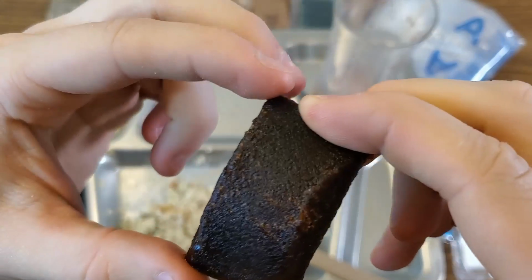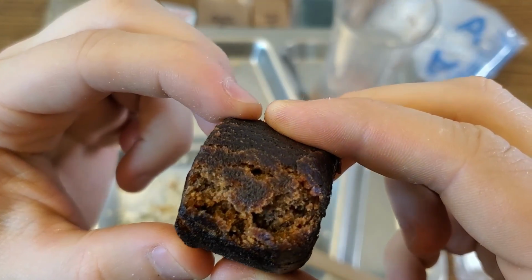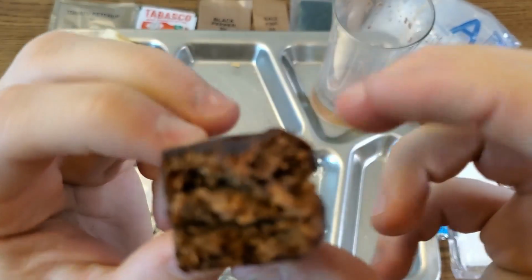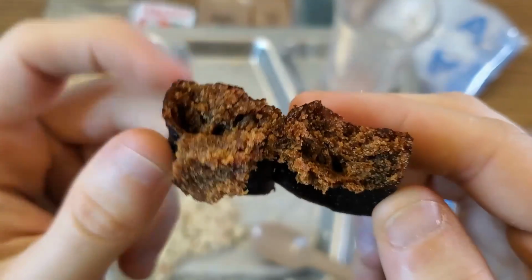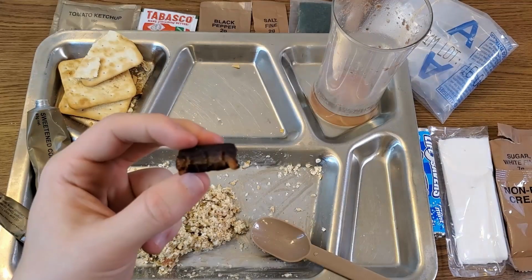All right, now for our apple and black currant fruit bar. This thing is very dense, seems to be very chewy. Look at that inside. Oh yes, let's get a taste of that. Wow, that is